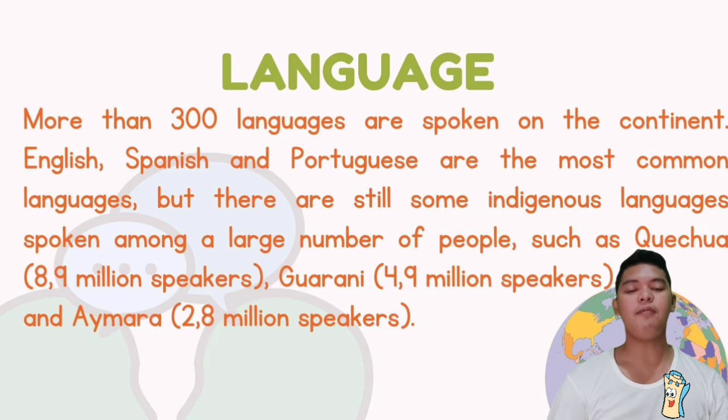Aymara is the language spoken by the Aymara people of the Bolivian Andes. It is one of only a handful of Native American languages with over 1 million speakers. Aymara, along with Spanish, is an official language in Bolivia and Peru. It is also spoken to a much lesser extent by some communities in northern Chile, where it is a recognized minority language.